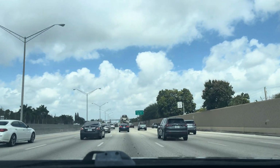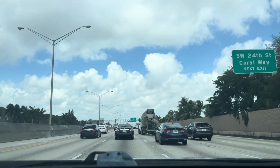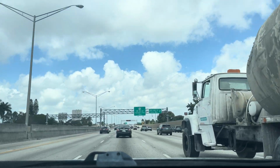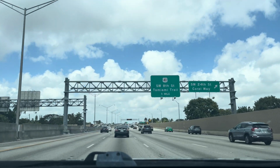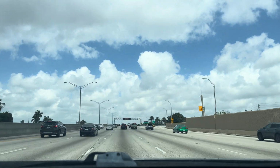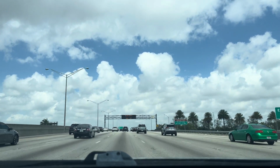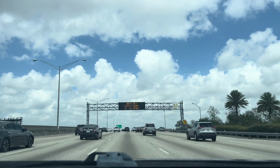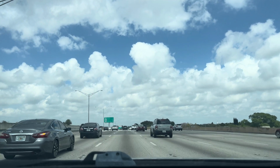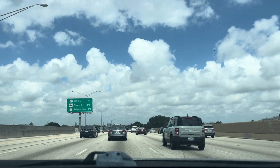We got a cement truck that's blocking traffic. You should get on the right side of the lane. Jet engine in one of those suckers so they can go a lot faster. As fast as